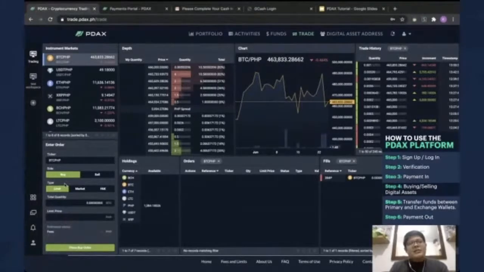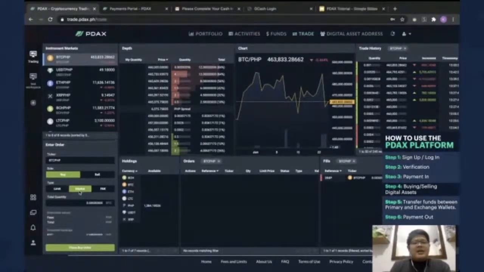For fill and kill, ito for me is for advanced traders. Ang ibig sabihin nito, bibili ka ng amount na kung gaano lang yung available sa market sa presyo na nilagay mo, then i-close na niya yung order mo. That's it. But for now, we're going to buy, that is for market type, kasi mas mabilis siyang